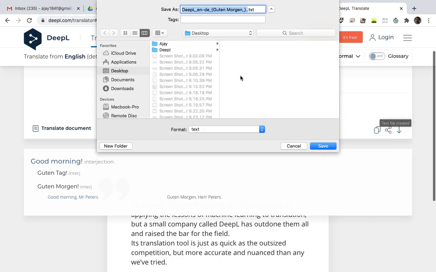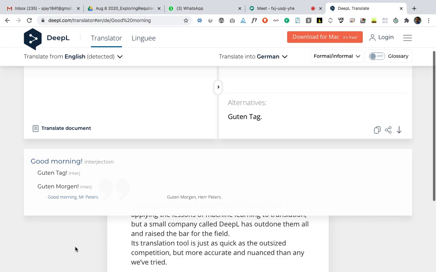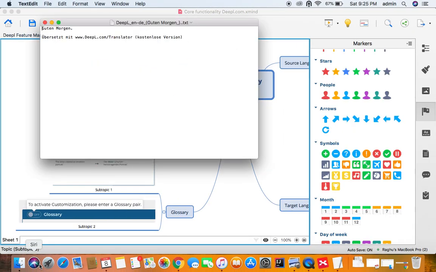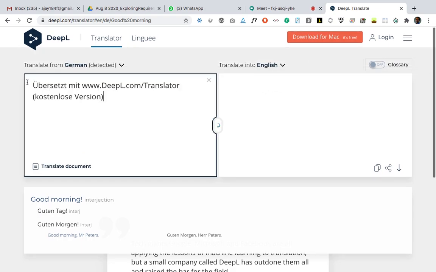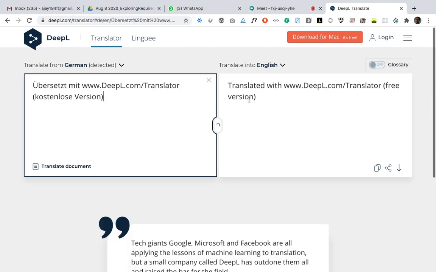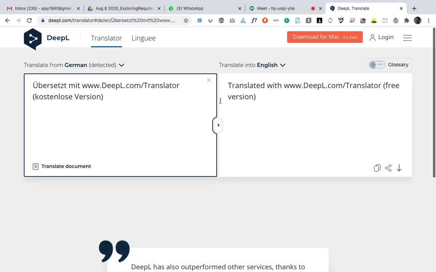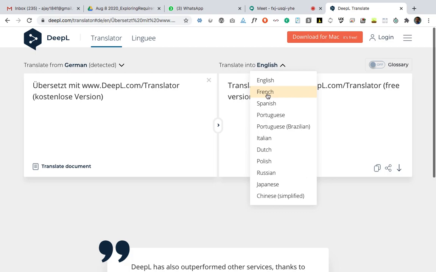It says text file created and it allows you to download. Let's save it. And what happens here? How much detail is shown? Guten Morgen. Oh, do you see the text below? I don't understand what it is. Maybe I'll just try. It is German. So it says translated with free version. Okay, so kind of a disclaimer they're putting up. So if I make it into French